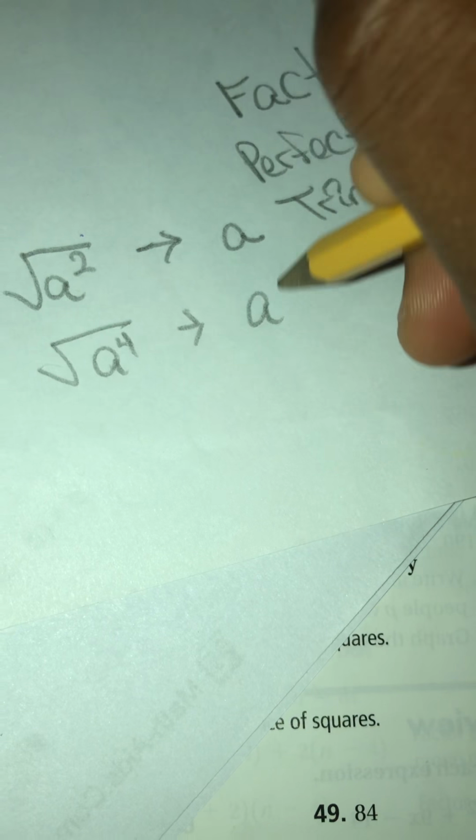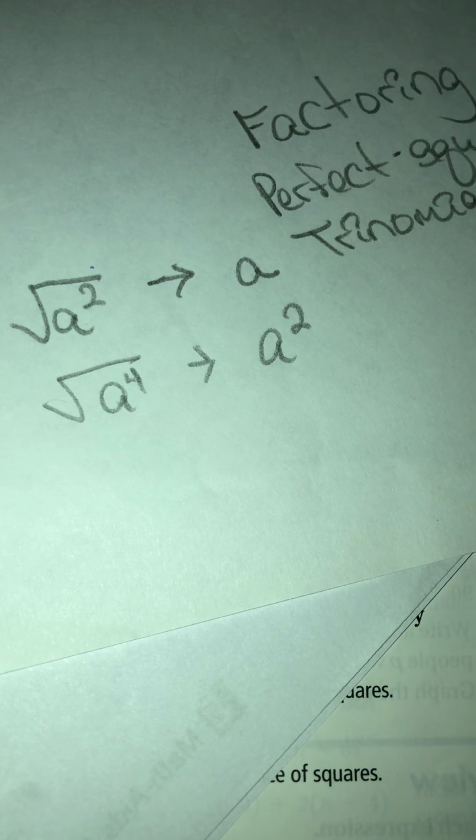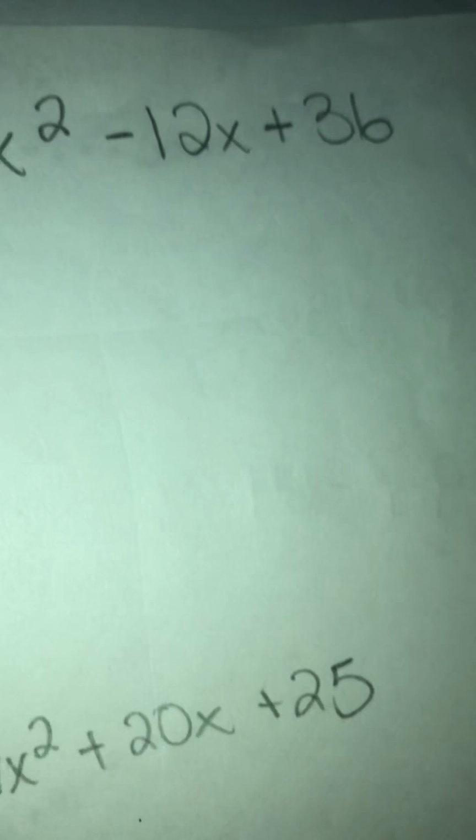So let's say we have a to the second power. So when we take the square root of a to the second power is a. The square root of a to the fourth power is a to the second power. Okay? So now,